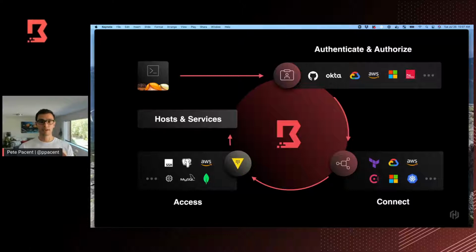So ultimately, if you have a developer trying to access some remote system, that could be SSH access to a remote Linux host, that could be a self-managed Kubernetes cluster where you need to authenticate and authorize actions to kubectl, or a database running in Azure, just by way of example. The whole idea with Boundary is that you have a common workflow for managing